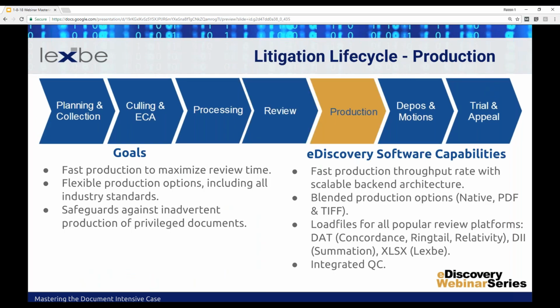Production is also very important to be able to do quickly. There's never enough time for that. Things take longer than expected, so there's more time for review, so the production needs to be done very, very fast to meet pre-existing timelines. So the production throughput rate is critical, and a good e-discovery system should be optimized to have a credible throughput rate, and we certainly work on that ourselves